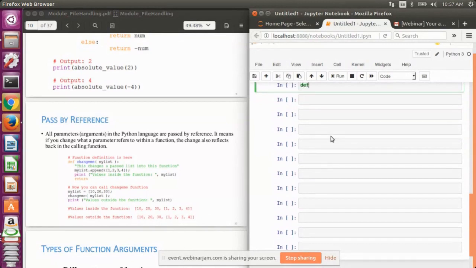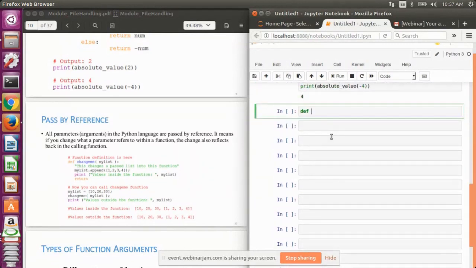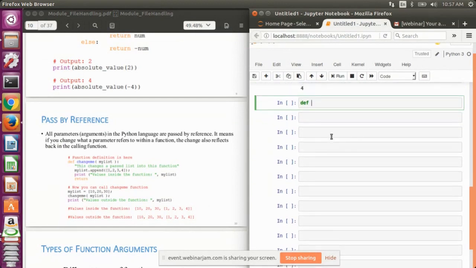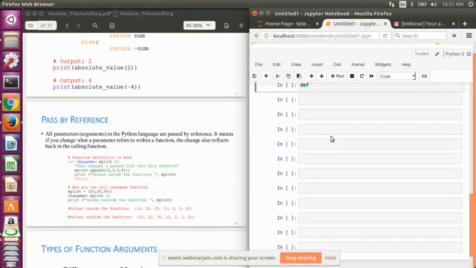So if I define def, one thing more: unlike in C, C++, Java, or MATLAB, where we need to define the number of output arguments, in Python we do not need to define the output arguments. We just need to write the return statement.